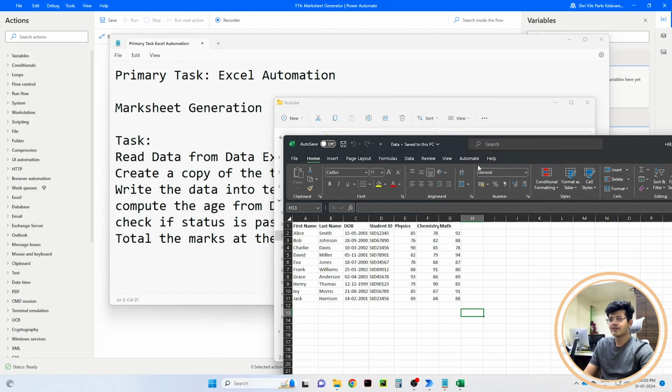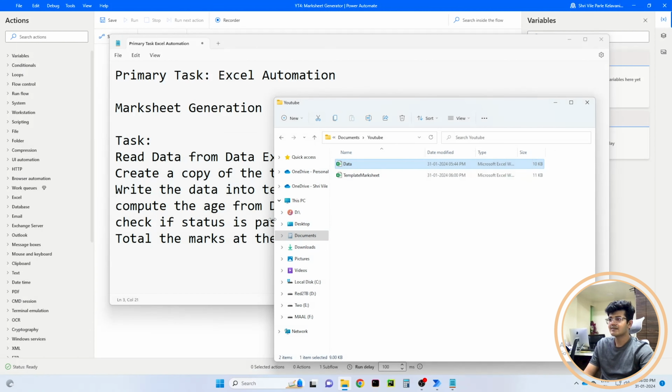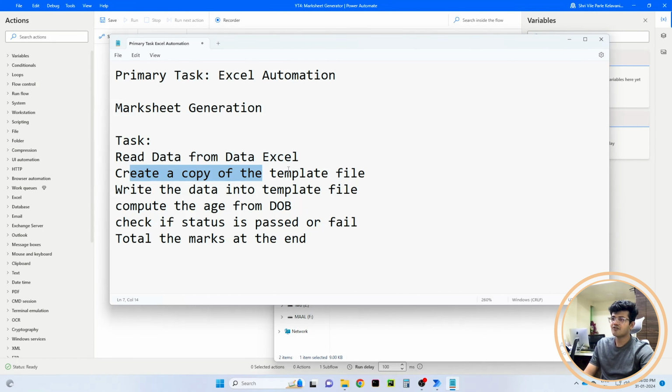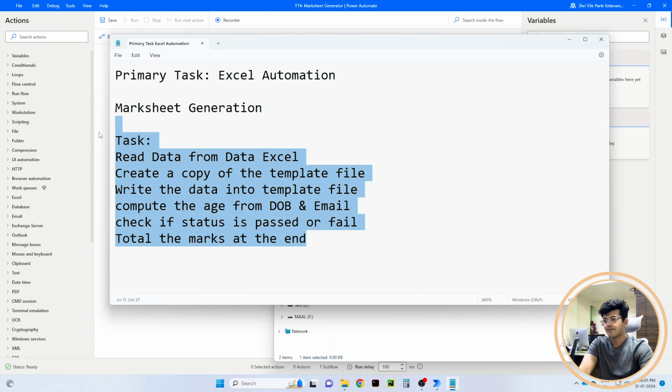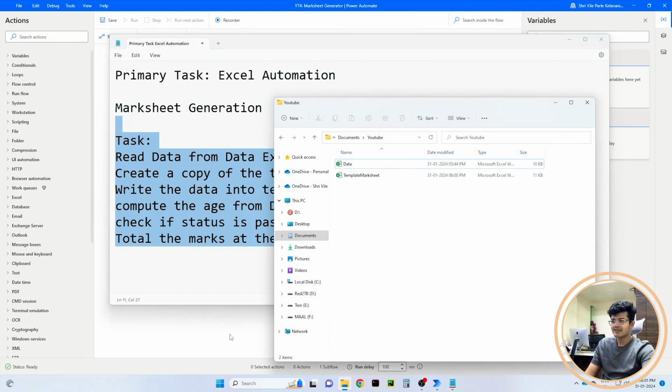We'll hit save over here, and this data remains as it is. So again, read data from Excel, create a copy of the template file, right? We'll be creating a copy of the template file and then adding reports to it. Every report created will be a new worksheet in the same file. Write the data into the template file, compute the age and email now. Check if the status is passed or failed, total up their marks at the end, and that is our whole score. So without wasting any further time, let's just start right